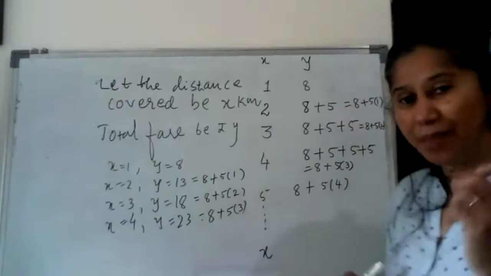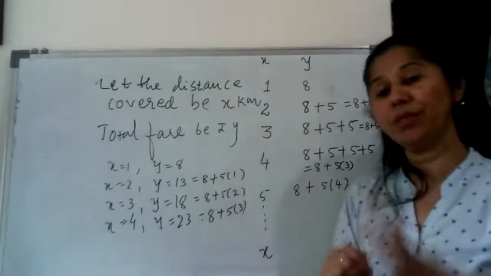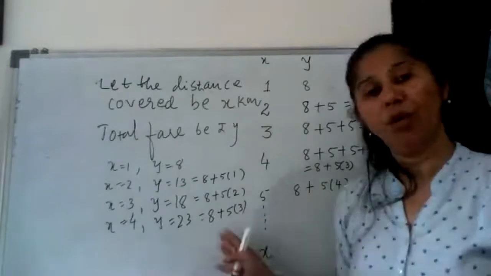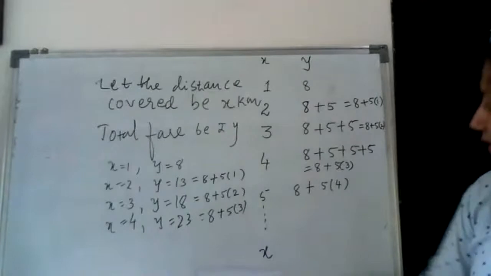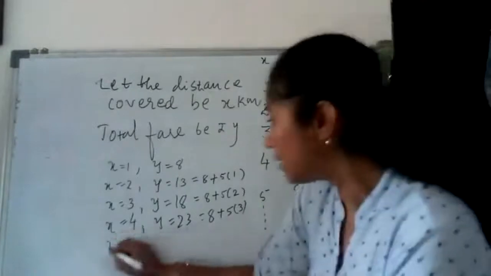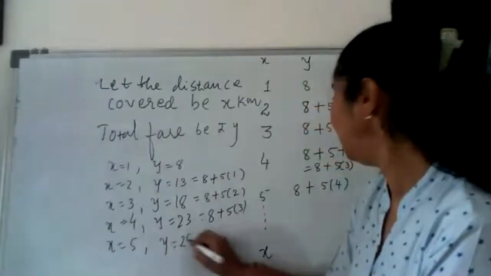थोड़ा सा ऑब्जर्व करना, प्लीज पे अटेंशन टू दिस बिकॉज आई हैव सीन दैट दिस इज वन ऑफ द मोस्ट इंपॉर्टेंट क्वेश्चन एंड कॉमन क्वेश्चन। और यदि ये समझ लिया तो अदर्स आर क्वाइट इजी फॉर यू। ओके, सो लुक एट दिस पैटर्न। व्हेन x is 5, one more time, look at it, y is 28।